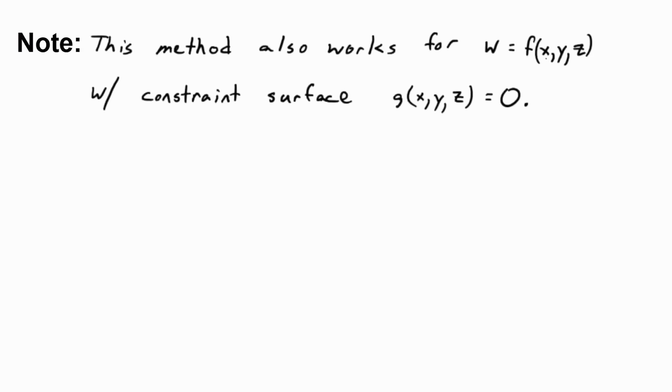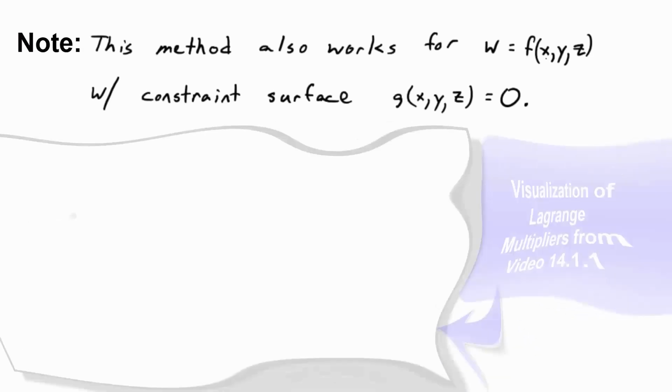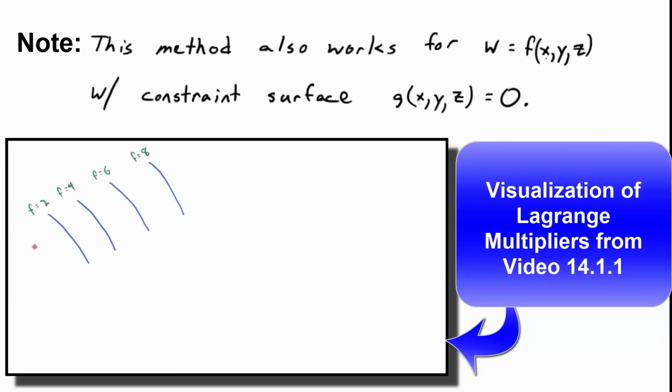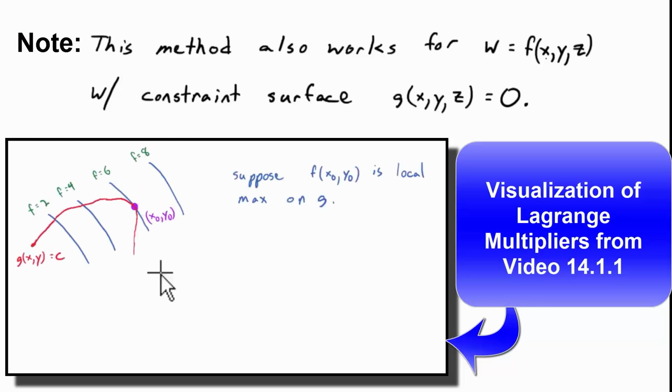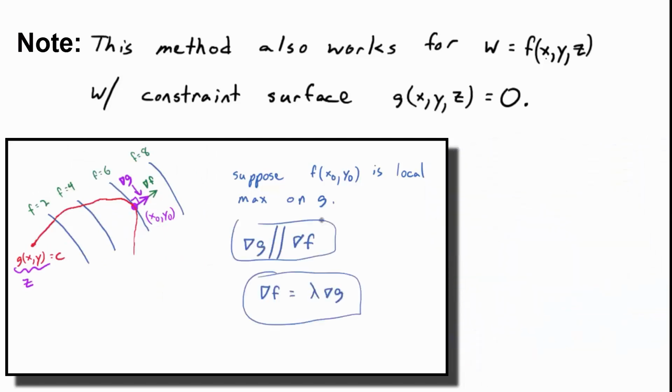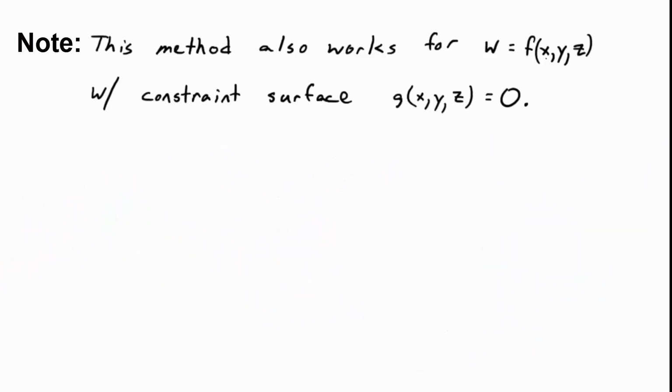One note I'll make without proof is those pictures work in space. Now in space you'd have to draw level surfaces as opposed to level curves. That's why I'm not going to do it. It's harder to draw. But this method works very well for a function with 3 inputs, which you can't graph